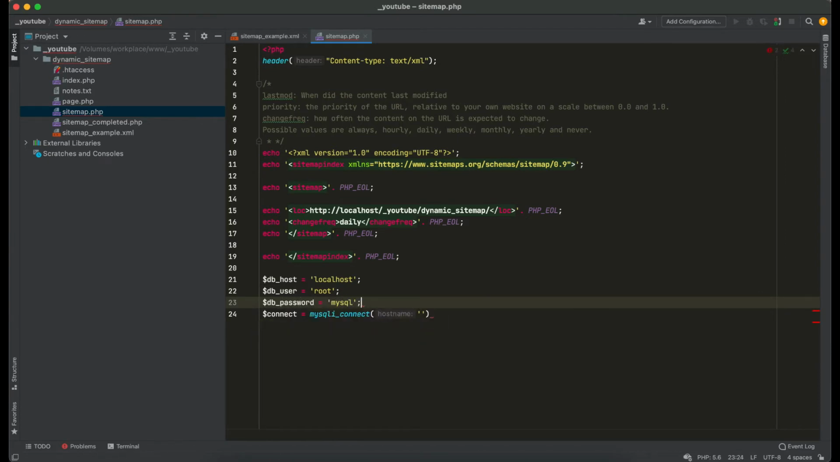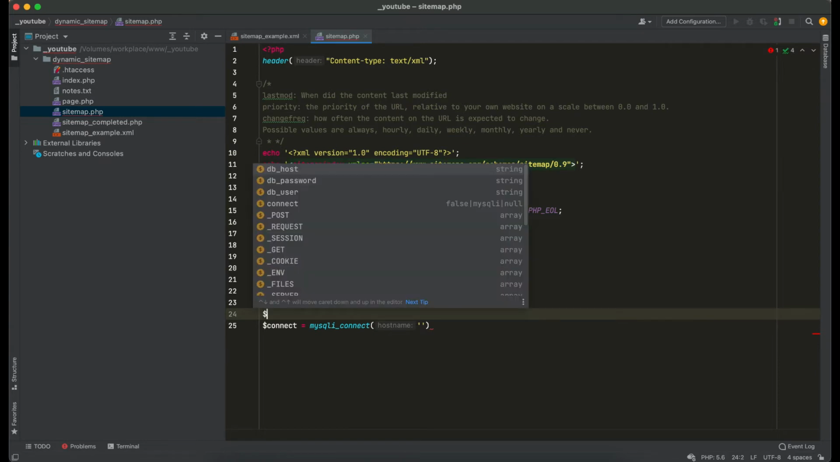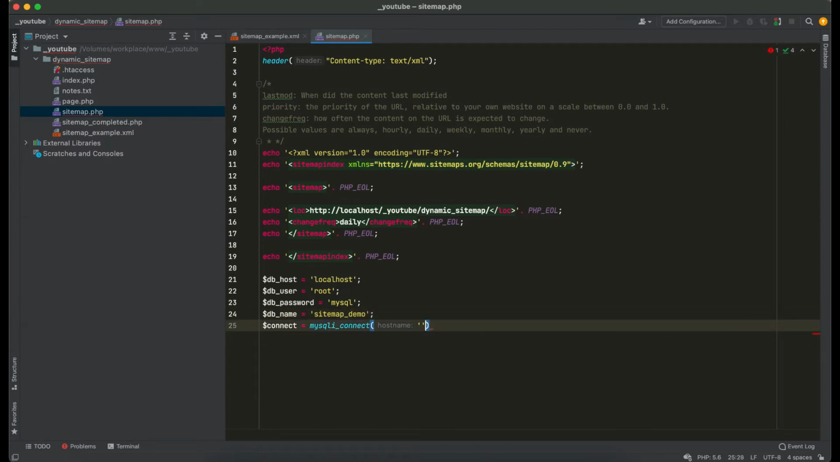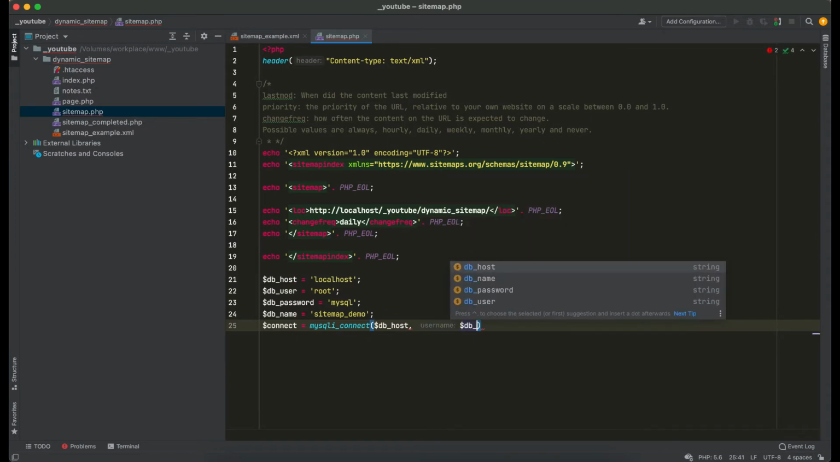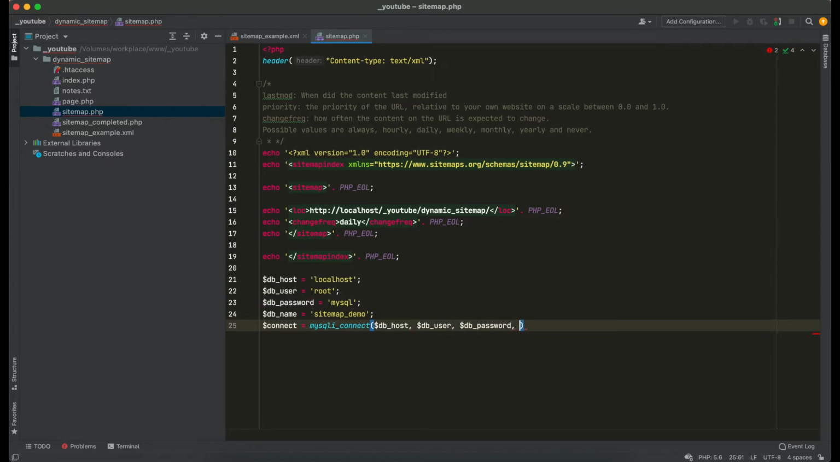In my case, in your case it can be anything such as an empty string or something like that, and db underscore name. In my case, the db name is sitemap underscore demo, host name, and db underscore user, db password, db name. Now let's query all